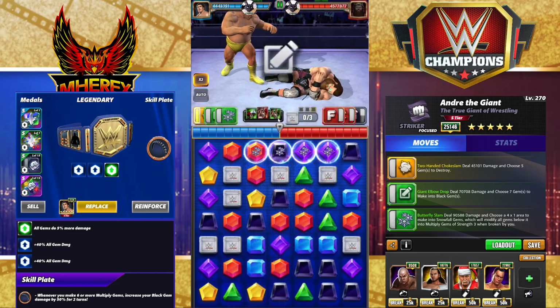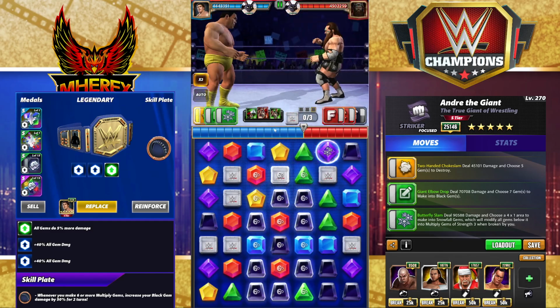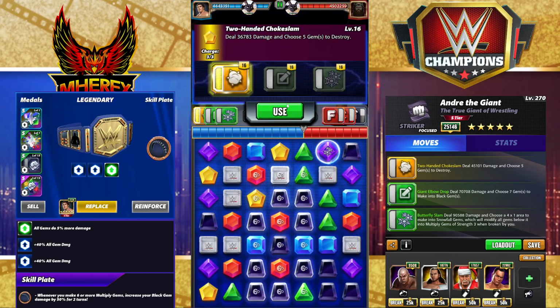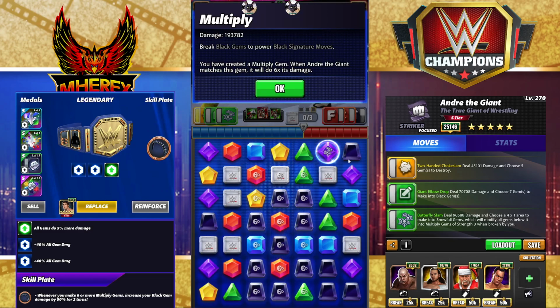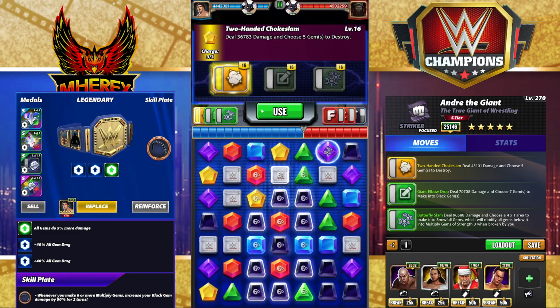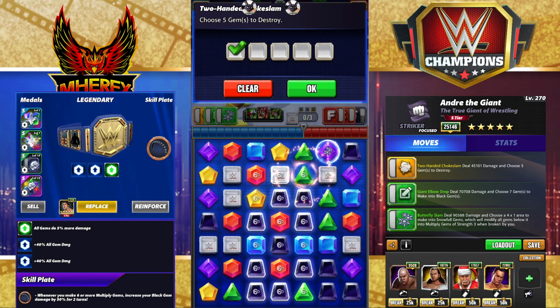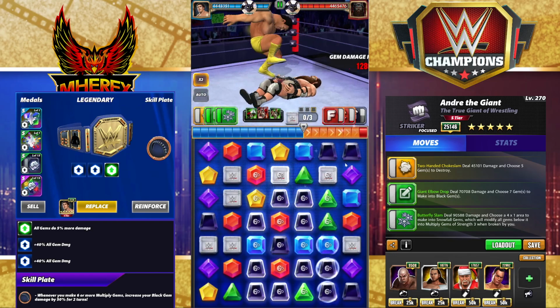And hopefully I won't cascade. Perfect. Okay, we're good. Now, you can see black multiplies 193k, and black gems are up to 31k. Now all we need to do is break this. That refills the greens. This, breaking, and this is why you save 1, lets you get 6 multiply gems exactly,